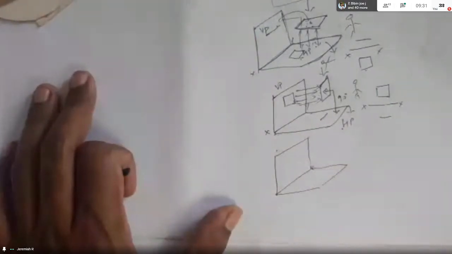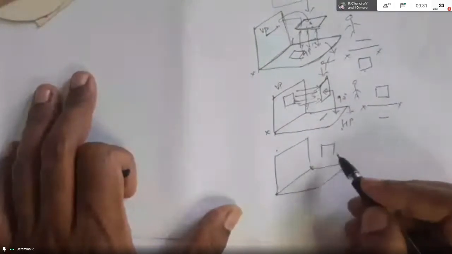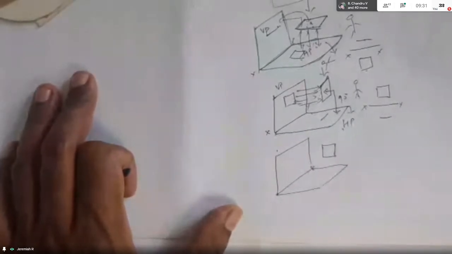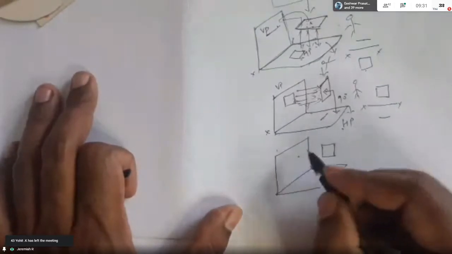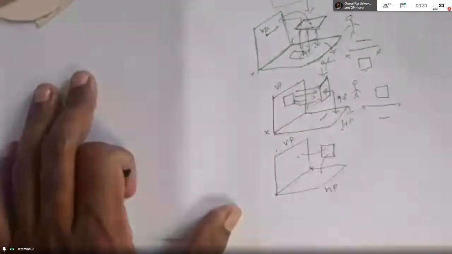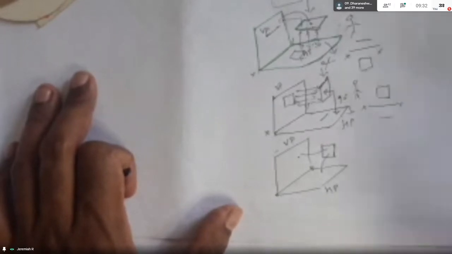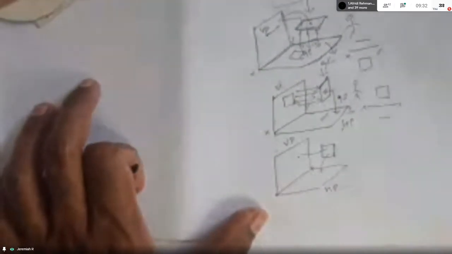Yes, sir. See, perpendicular to both HP and VP, like this. I'm just keeping the lambda like this. With respect to the vertical plane and the horizontal plane also, here 90 degrees, here 90 degrees. So this is perpendicular to both HP and VP. Most probably I'll show the animation in the afternoon classes.